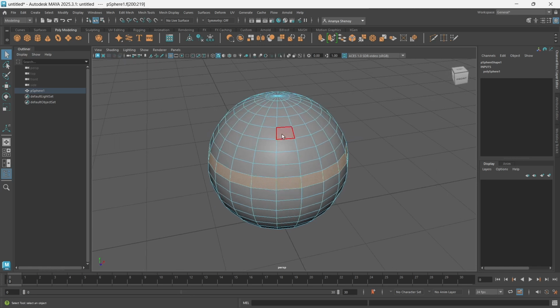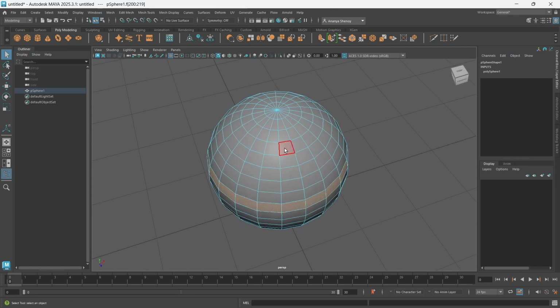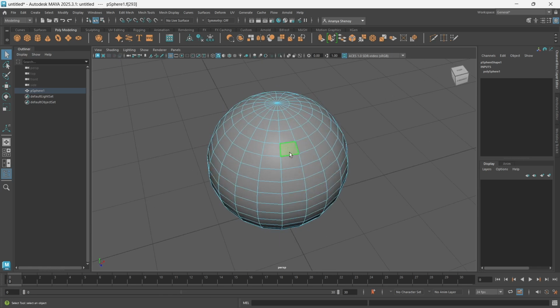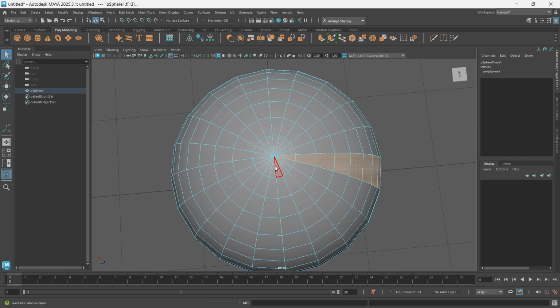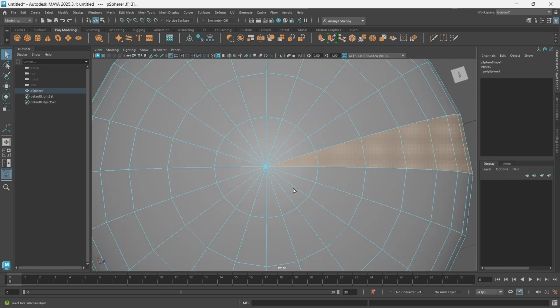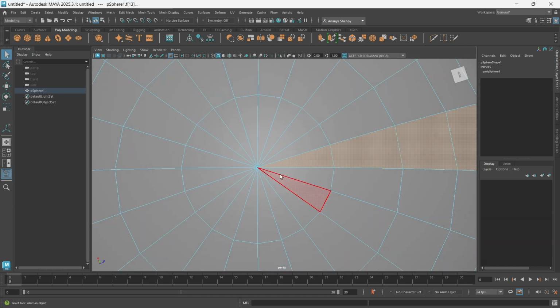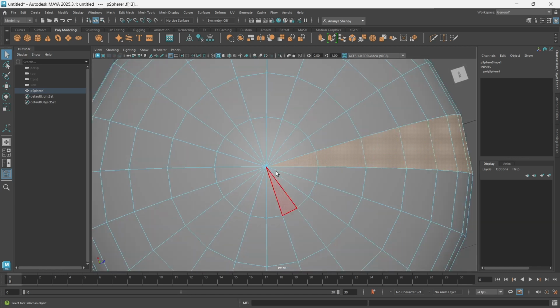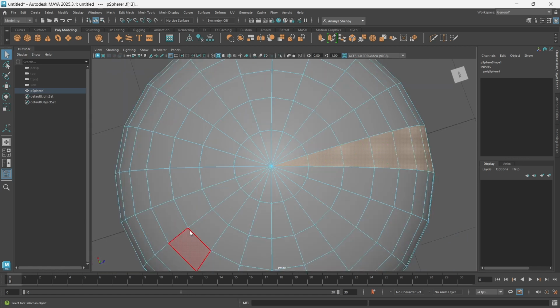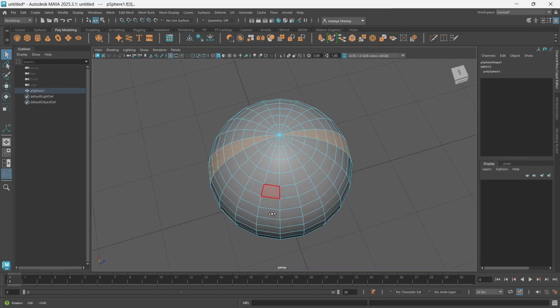Now what if I want to select this row of faces all the way to the other side? So I'm going to click on one, shift double click. You'll notice that it does not select anything beyond this. It does not select the edges on the other side. That's because whenever you have a triangle that goes to a point like this, that's kind of a break in the loop. It's not a continuous loop anymore, which is why it does not select the other side. But I can select this by just shift select and double click, and that will select both sides of this.